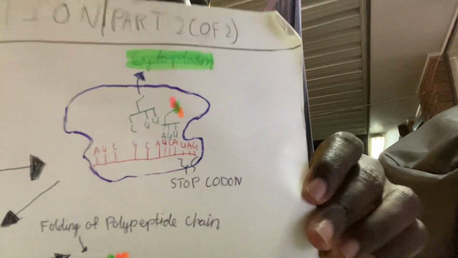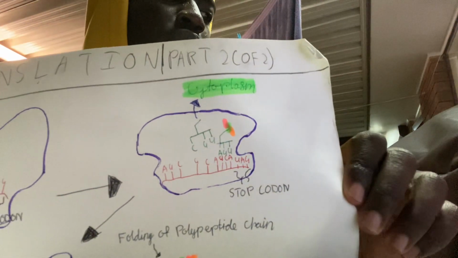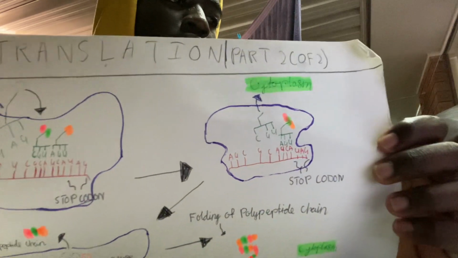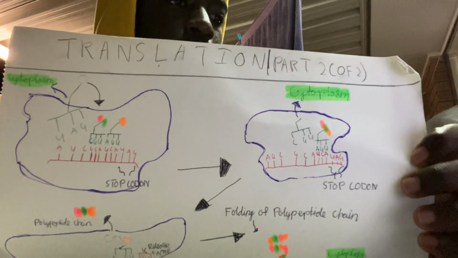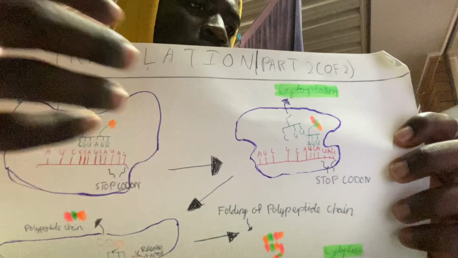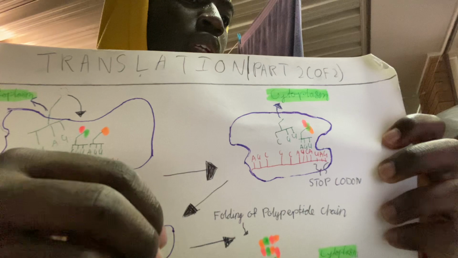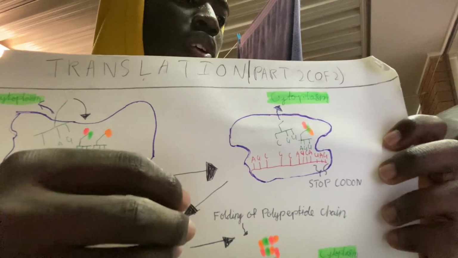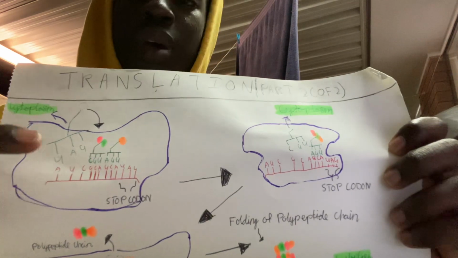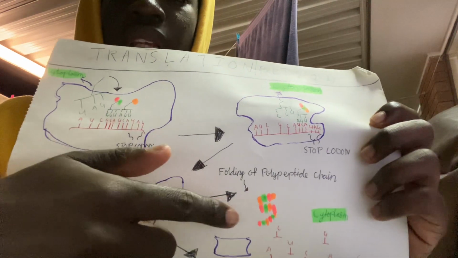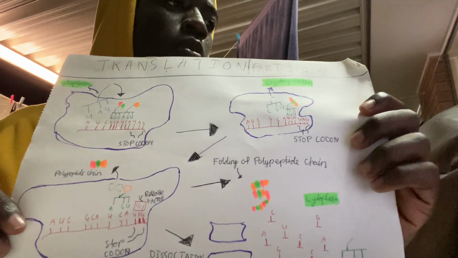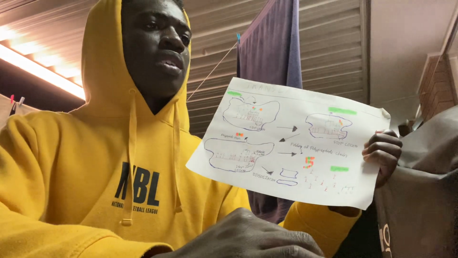The elongation process of building the amino acid chain stops when the ribosome complex reads an mRNA stop codon. So at this stage, a release factor comes in and binds with the stop codon, and this makes the amino acid chain separate from the tRNA molecule, making a polypeptide chain. Okay, so basically what has happened here is that